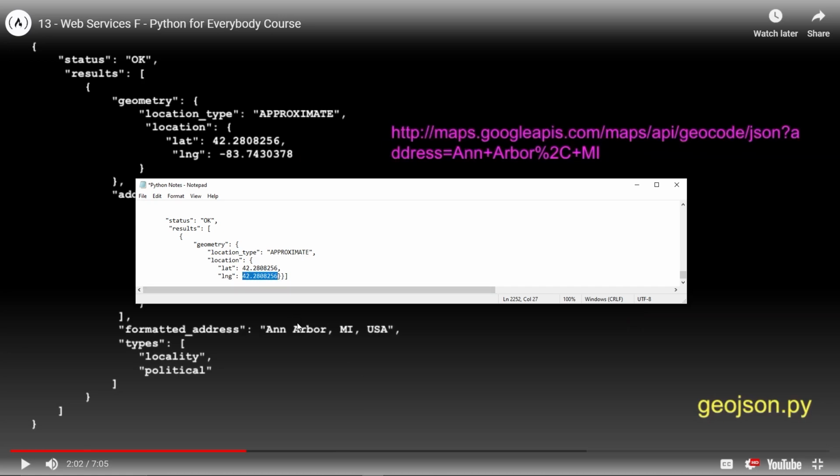So negative 83.743037, pardon me, 78. Boom. All right, so there's that, and that's one of the curly braces. This one's going to be dropped off under this location thing right here.